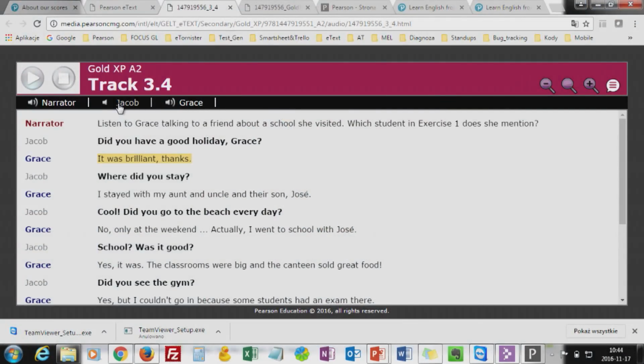So as the dialogue develops, you can see which contribution is being played. And in addition to that, you can do something else. Of course, you can hide the script if you don't want to see it, or if you don't want your students to see it. But you can also choose which characters you want to switch off, for example. So in this case, I switched Jacob off so that I can have a kind of a conversation with Jacob, okay?